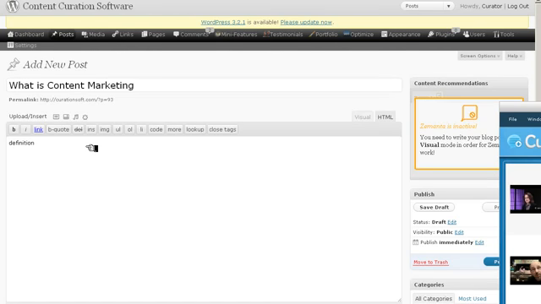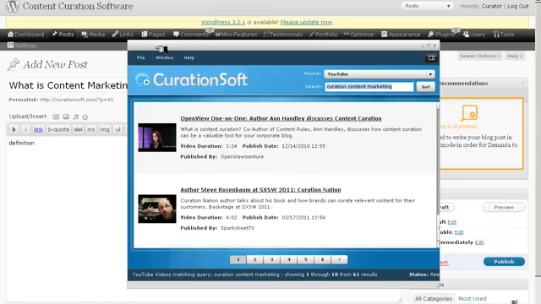going to tell them. We highly recommend you also tell them what you told them as a bottom or exit paragraph, and do any kind of notations or commentary in the middle on any of the articles or videos that you use in order to clarify why you use them and how they fit into the idea behind your post. So the definition was the first thing, and then I pulled up CurationSoft and went to Google Blog Search, and